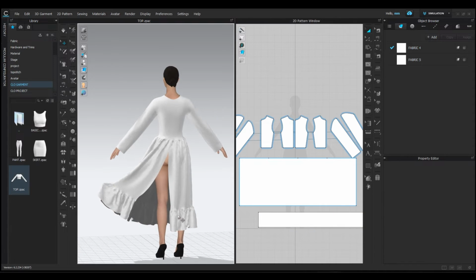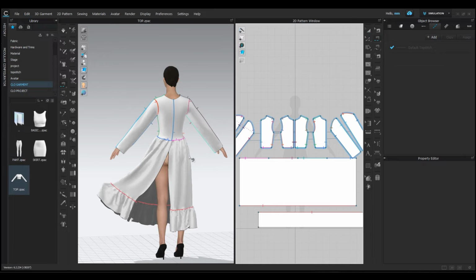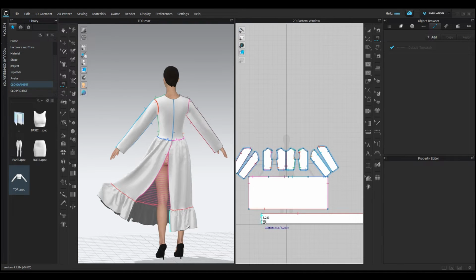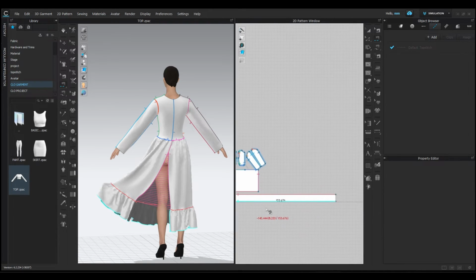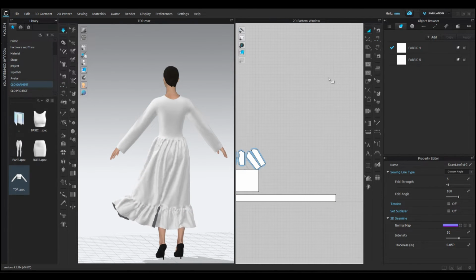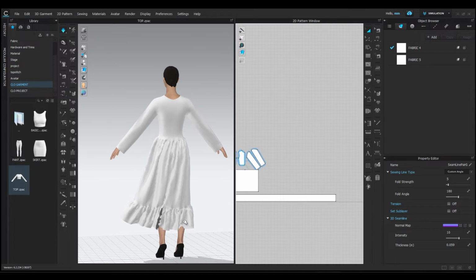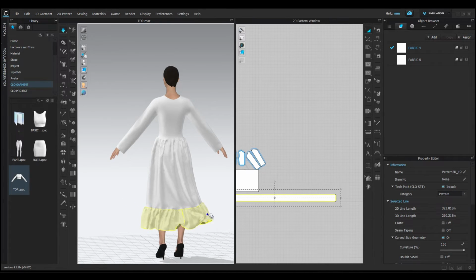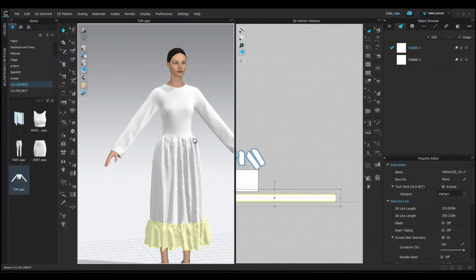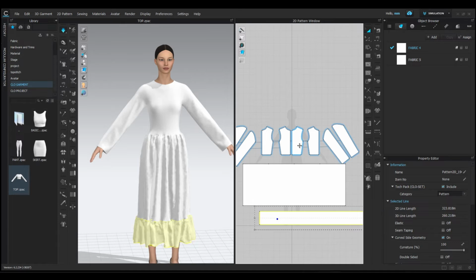Now, stitch the sides of the rectangle to form the skirt. Once stitched, simulate again to check how it looks. Everything looks great. I'll make the top a little shorter using the Edit Pattern tool.